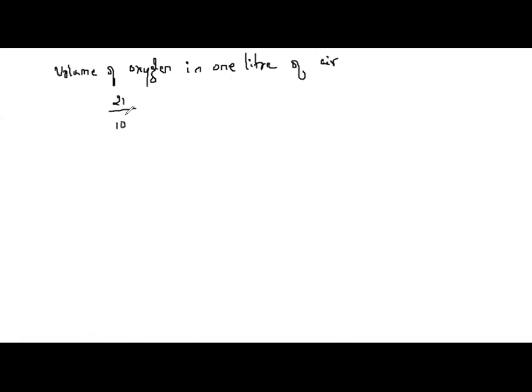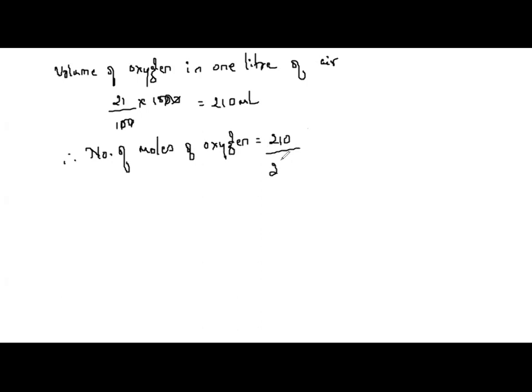21% comes out to 21 by 100 of 1 liter, therefore 1000 ml. So here I get 210 ml. Correct? Therefore, number of moles of oxygen. This is the volume I have got, and I have to find the number of moles of oxygen. If it was in liters, I would have taken 22.4, but it is in milliliters. Therefore, 22.4 into 1000 comes out to